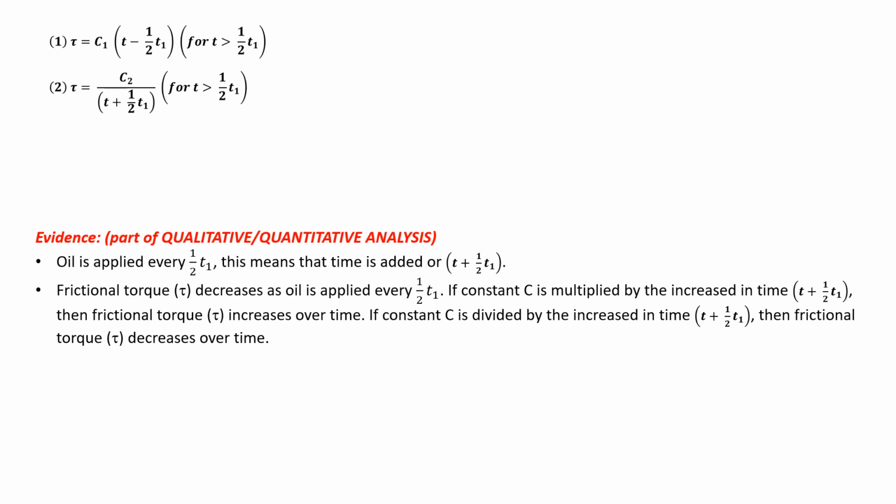If you multiply something with a greater number, the torque increases. So if constant C is divided, since it's constant, constant means it's never going to change, for example 2 divided by whatever number is increasing. So if constant C is divided by the increase in time, then frictional torque decreases over time because the greater the number over here,